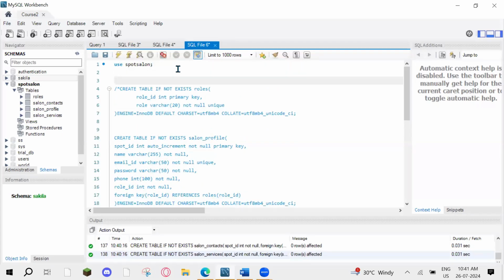We are going to use the same database. Now let's enter some information here. For that, so basically we are, so let's insert